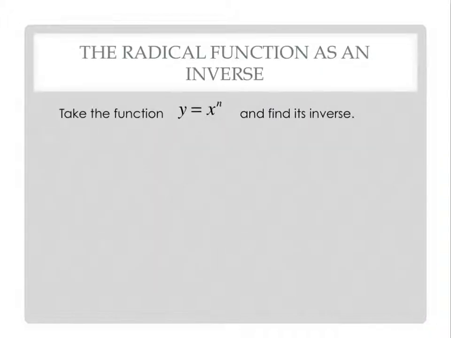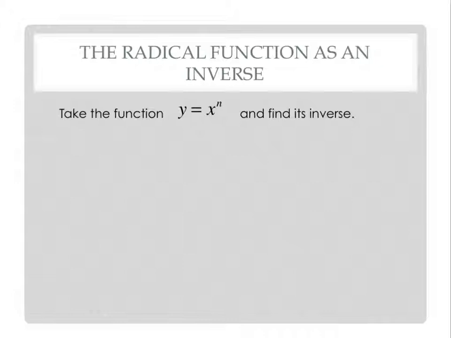Okay, the radical function is an inverse, so that's actually how we're going to start. We're going to talk about how you can take the polynomial function y equals x to the n and find its inverse, and that's going to give us the radical function. So let's go ahead and find that inverse, and we're going to do that by switching, remember this from class,